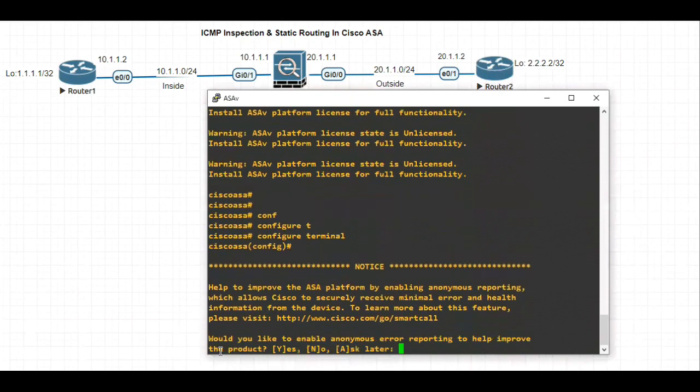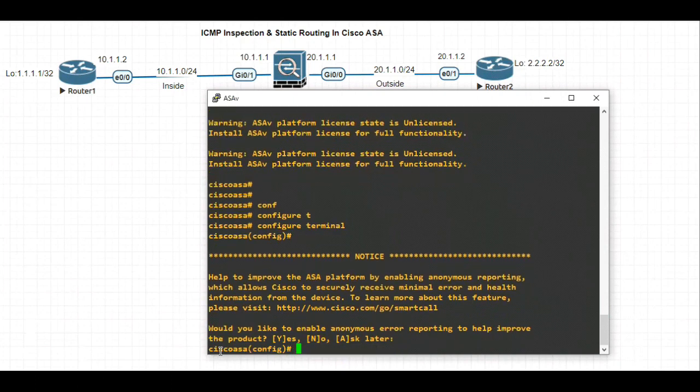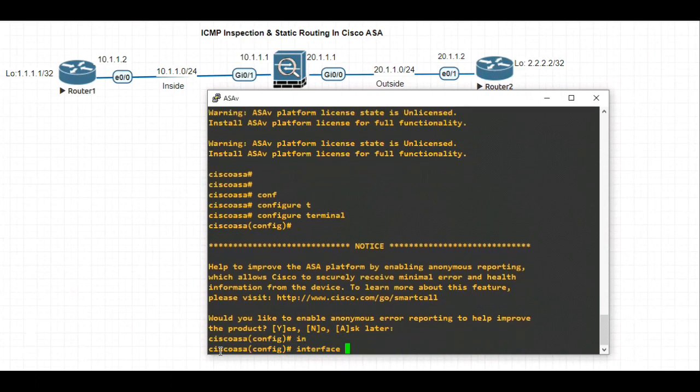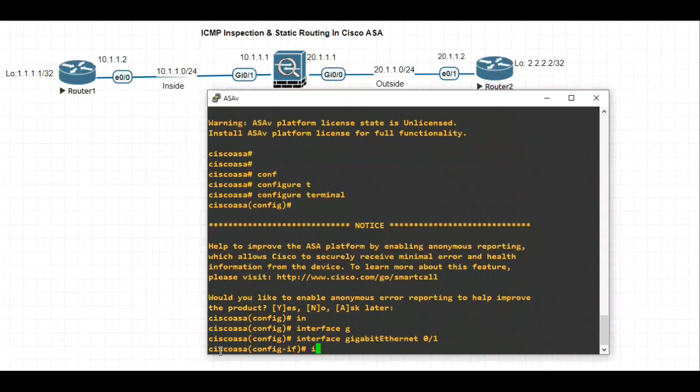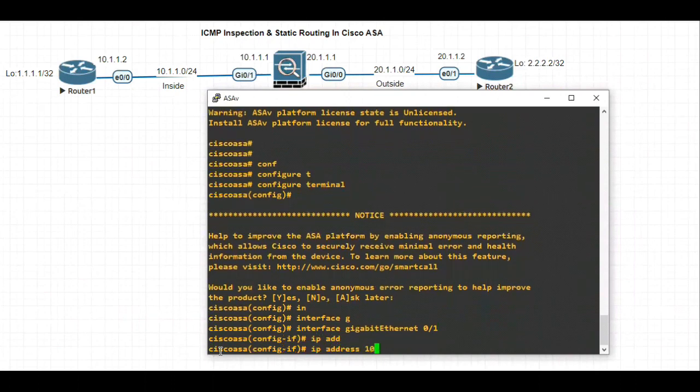Configure terminal. Interface gigabit 0/1, IP address 10.1.1.1/24.